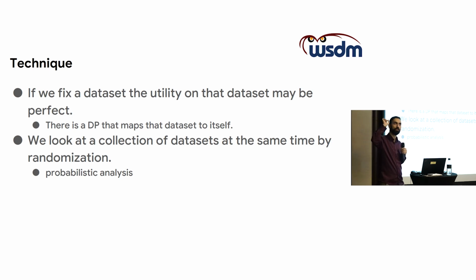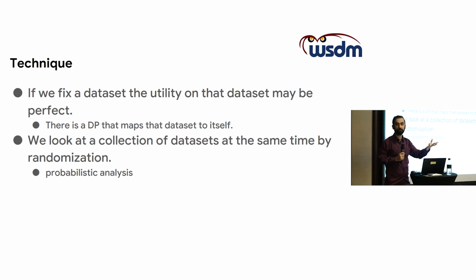Because for any data set, you can have a differentially private mechanism that matches that data set to itself, but it's very bad for others, right? If for any data set, you match everything to that specific data set, it's going to be differentially private. It's very good for that data set, very bad for everything else, right? So we cannot pick a specific data set to show that any mechanism is going to fail on that data set, but we can